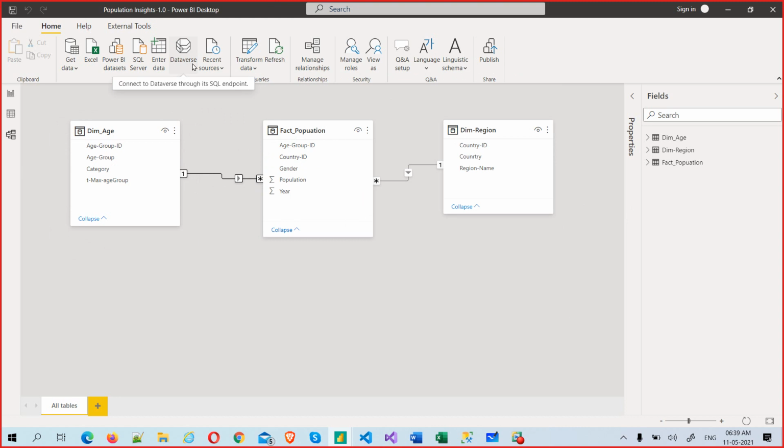Dynamics 365 is a suite. What does suite mean? It's a predefined tool. You just have to push your data, apply your data, and use the functionalities, and then it will work for you. It's a functional tool, not a technical tool. You don't need to write any code.